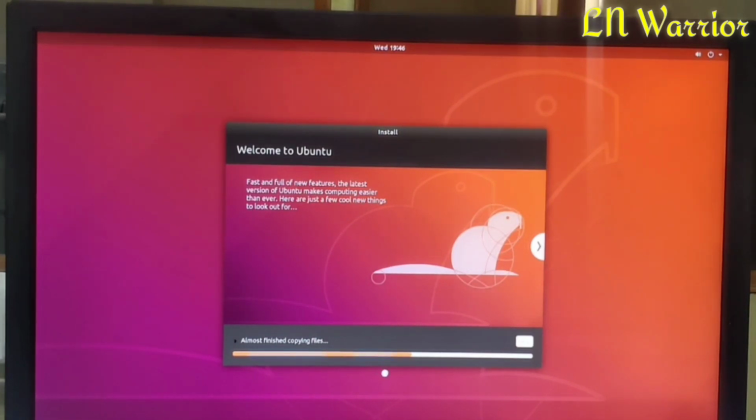You see the files of Ubuntu are being copied, and it takes a little bit of time to complete the installation. So you see on your computer screen, the installation process has started.